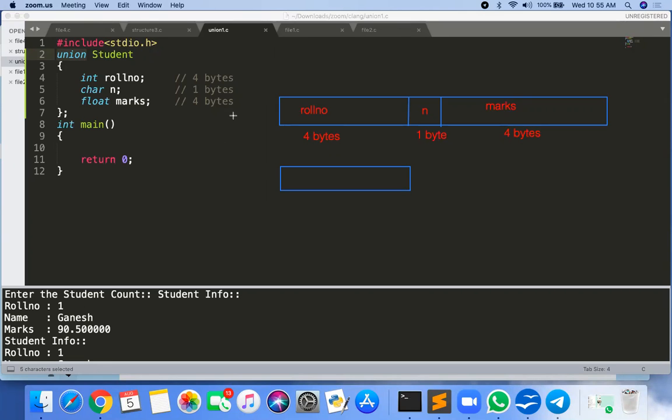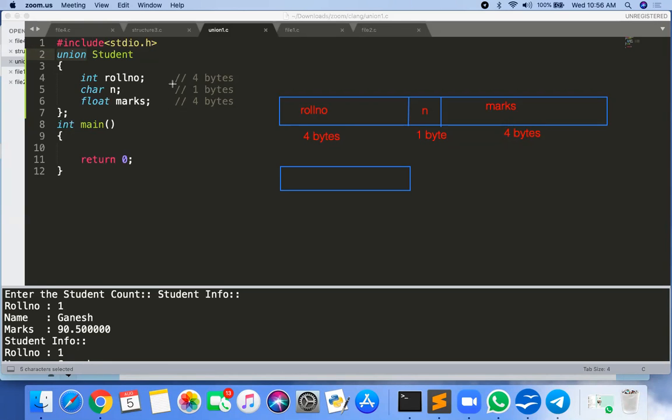So union uses shared memory. This is the only one difference. The memory for the union object is the memory allocated for the largest union member. So which is the largest?